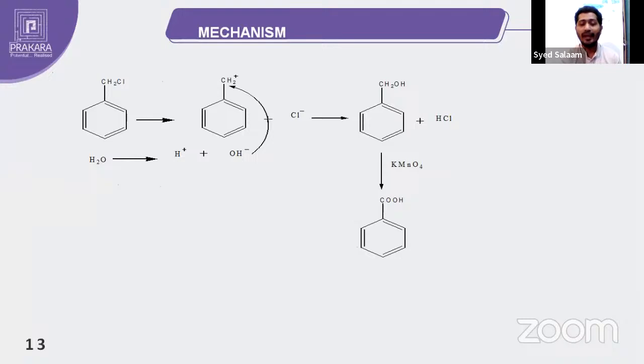We go towards the mechanism here. First of all, the chloride moiety is removed from the benzyl chloride, which allows the hydroxyl to get attached onto it and gives us the benzyl alcohol. This benzyl alcohol gets oxidized with KMnO4, removes H2 and takes up some oxygen, forming the benzoic